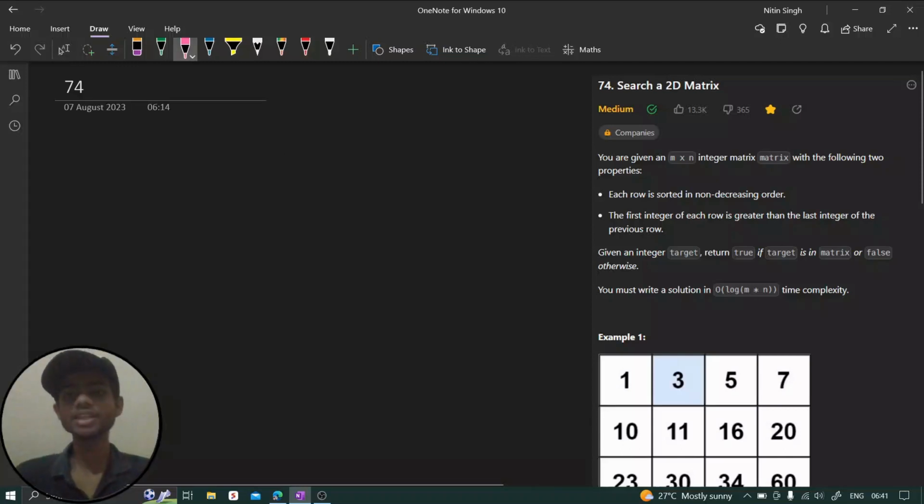Hi everyone. In today's challenge, we are going to solve this problem. The problem name is Search a 2D Matrix and the problem number is 74. Alright guys, so first of all, we are going to clearly understand the problem